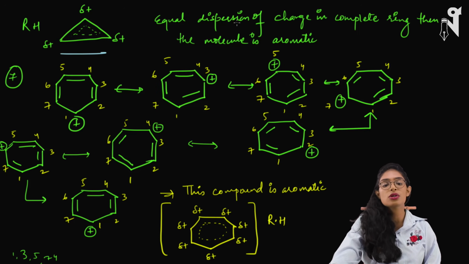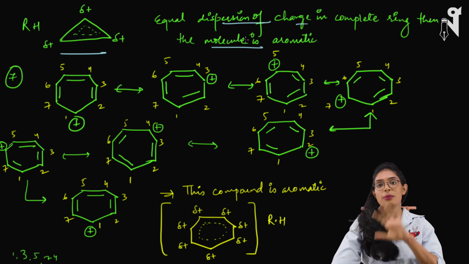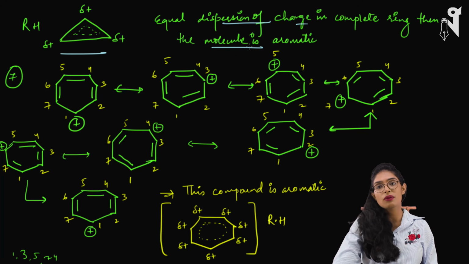So here equal dispersion of charge has happened in the molecule. The charge as well as the pi electrons have been equally distributed in the whole ring, and that is why the compound will be called aromatic. Let's see one more example of an aromatic compound. If you look at this compound, how many electrons are there? 6 pi electrons are there, which fulfills the